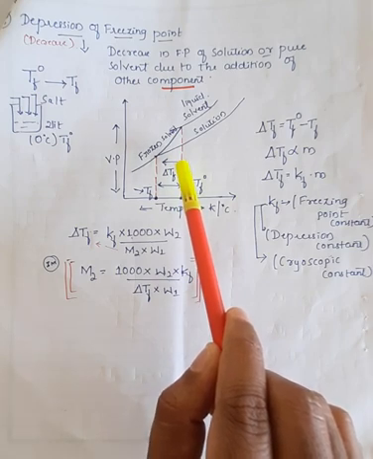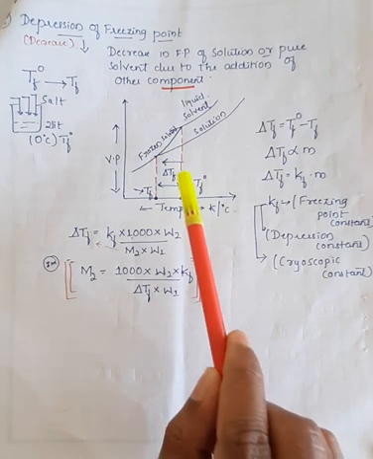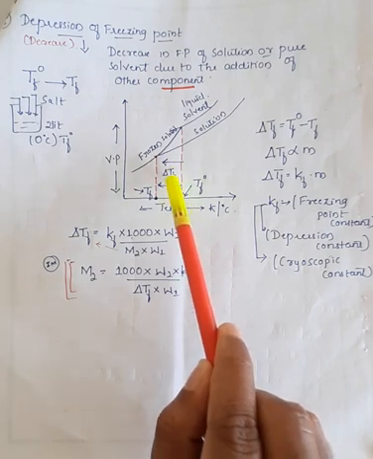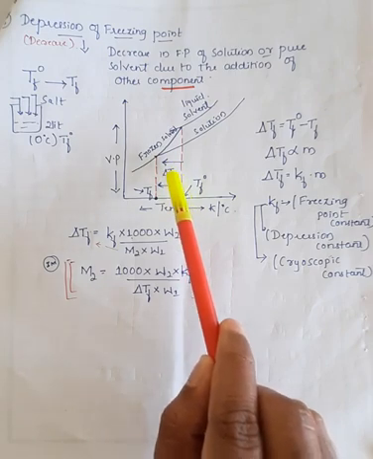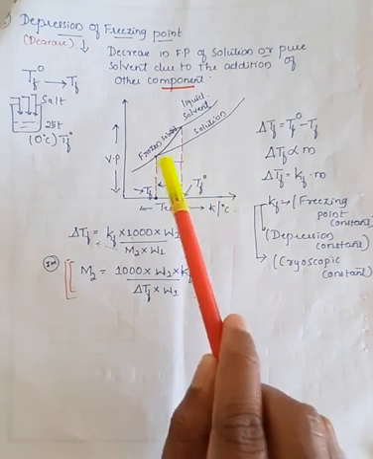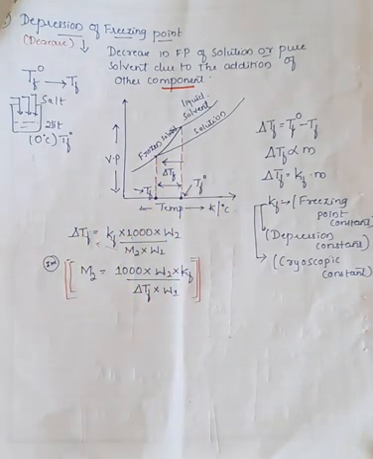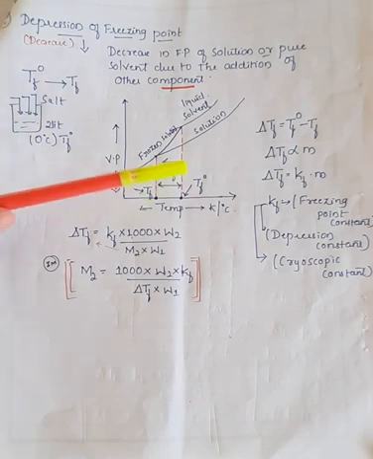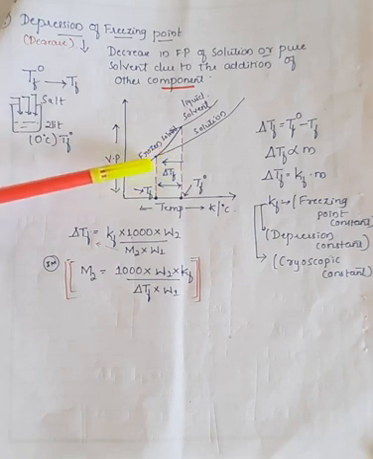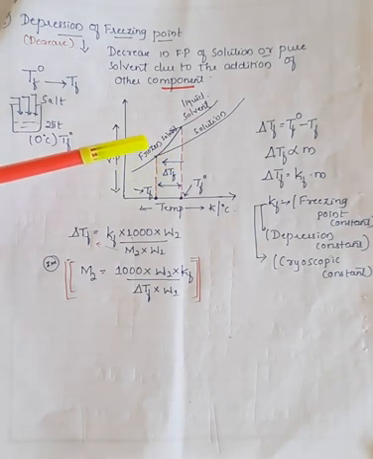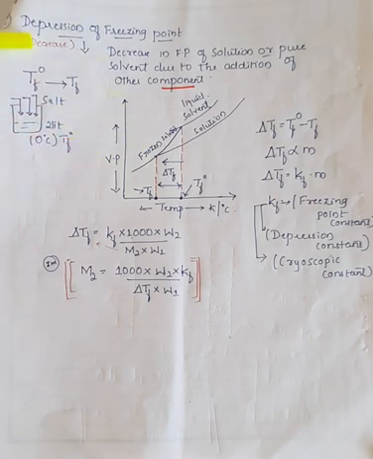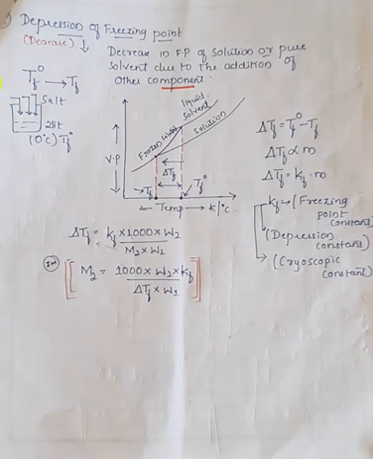In the elevation in boiling point condition, this red line was shifted to the right side, that we have shown with the arrow mark. And in case of the third colligative property, that is depression in freezing point, what happens? Here you can observe this arrow mark. This red line has shifted to the left hand side, which means the value has been reduced. That condition is due to the addition of salt molecule or any kind of solute molecules, and that is called as depression in freezing point.